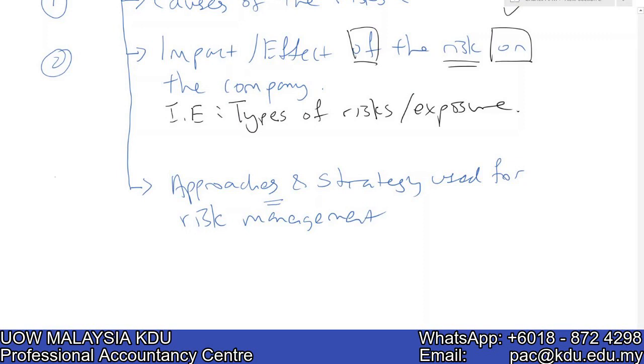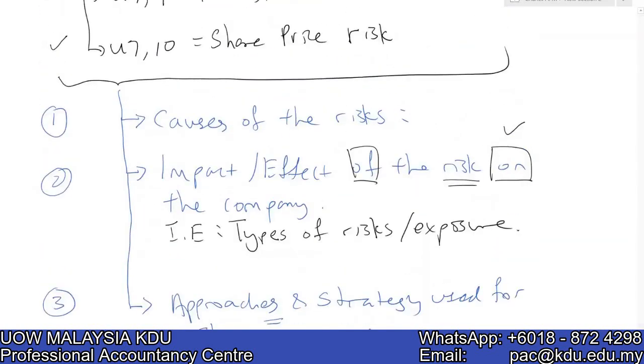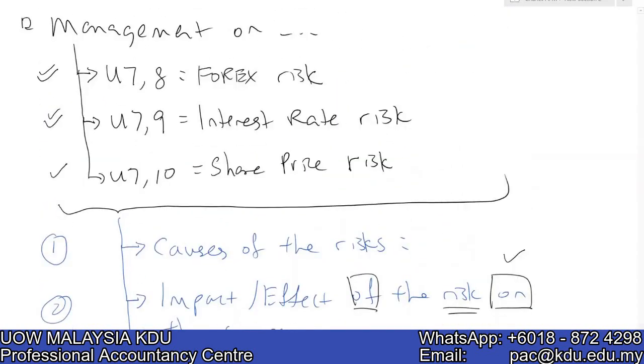So this is the area that will require a very tedious technical evaluation to find out what is good and bad about each and every technique, and how this technique affects the company at the end. So from the calculation, you have to draw your recommendation and advice. These are the three key areas that we will be discussing, especially for forex risk and interest rate risk. For the time being, I would like everyone to keep the focus on the first two types